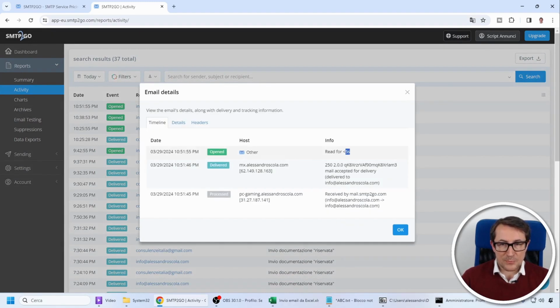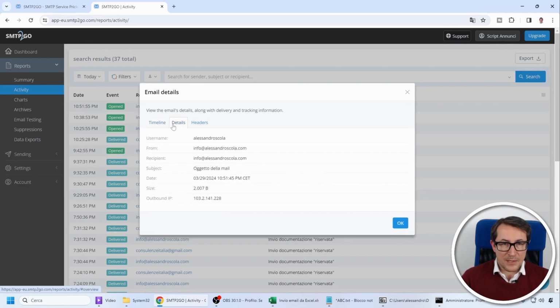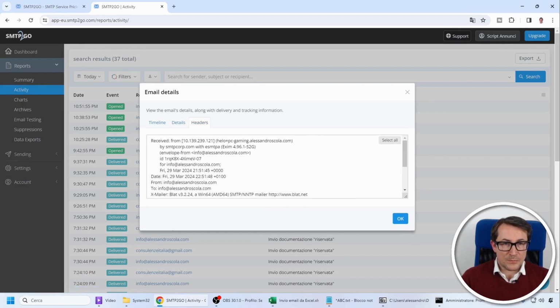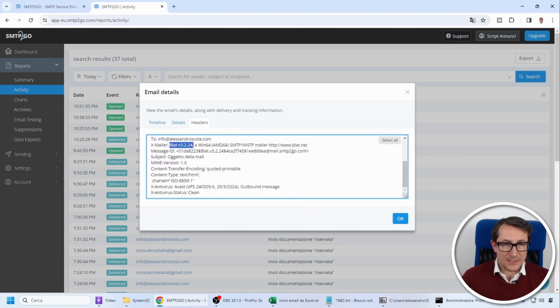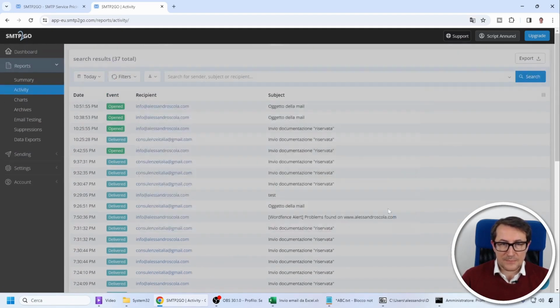It also shows me the name of the machine that sent it, the IP address, and then I have various details, including the size. If I look at the headers, it even shows me that the mailer, which is the program that sent the email, is Blat, the version of Blat on a 64-bit machine. In short, a whole bunch of amazing information.